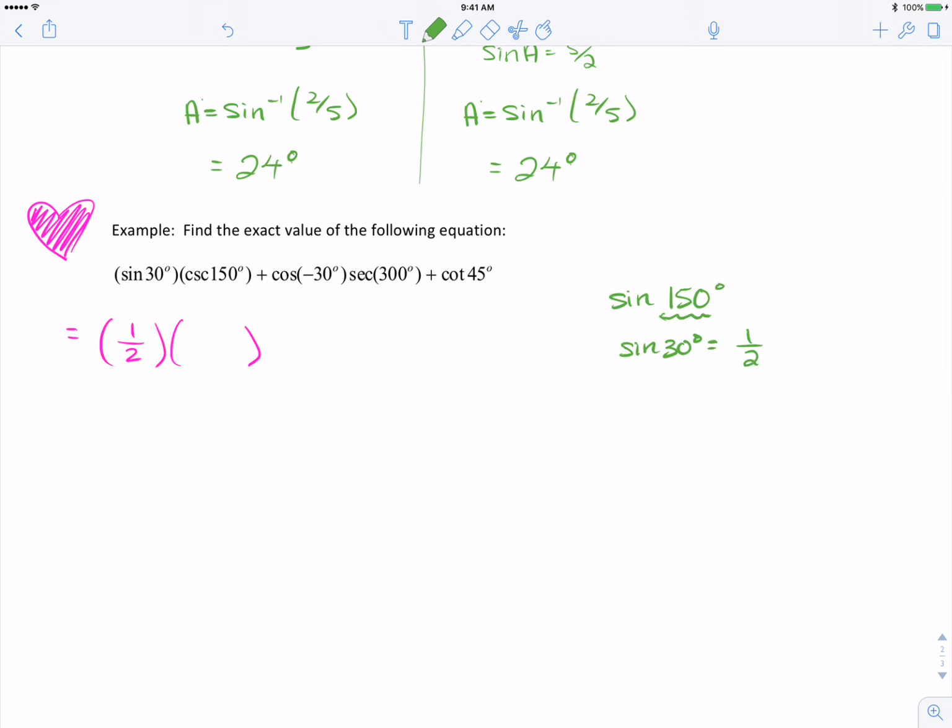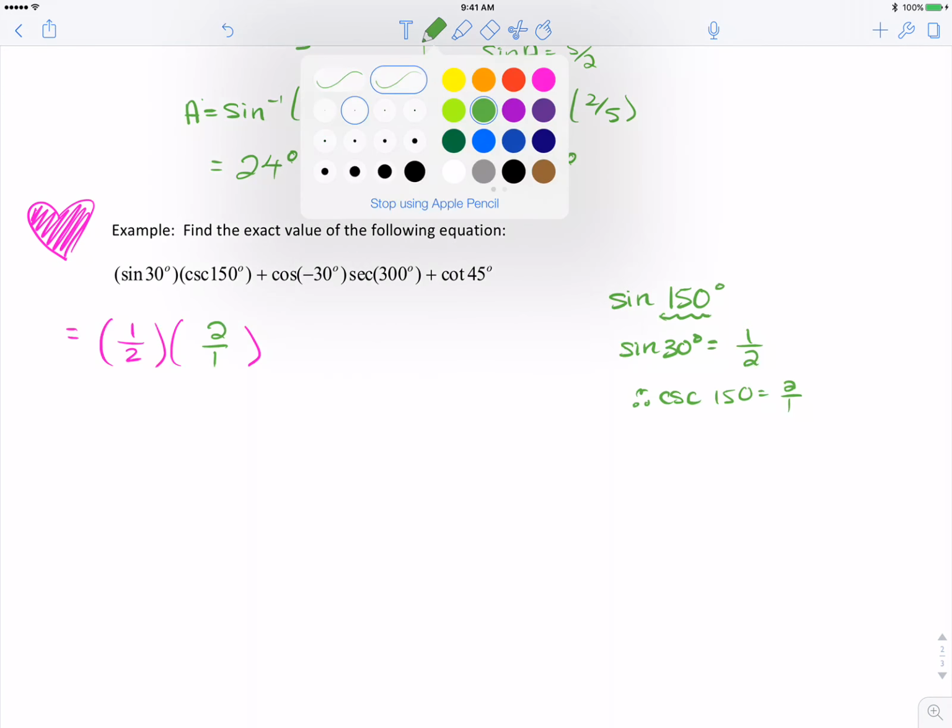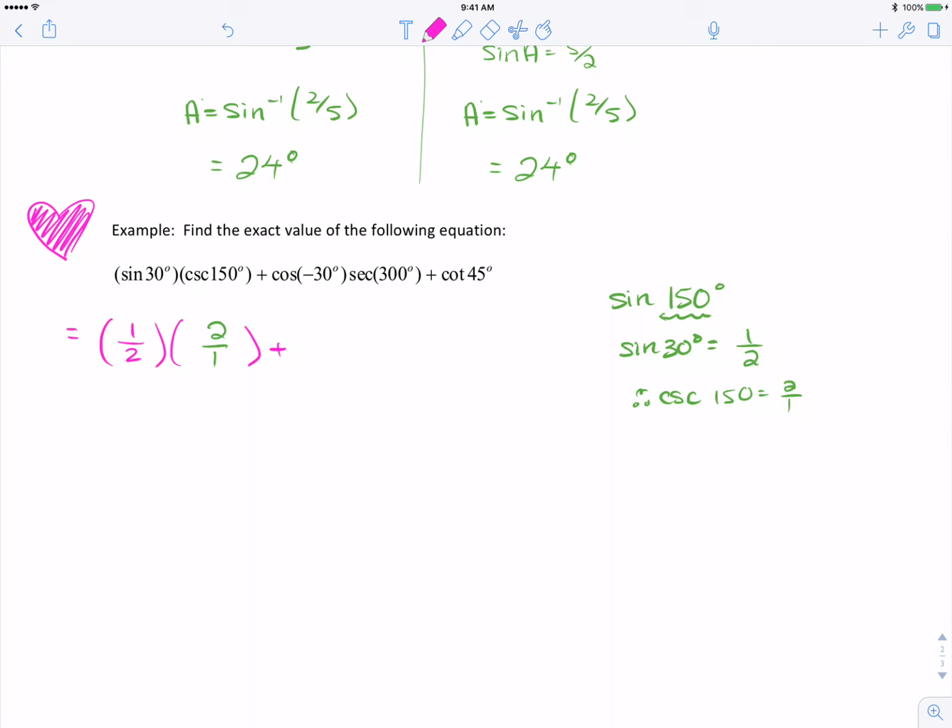So if the sine of 30, which remember is my first quadrant version of sine 150, is a half, that makes my cosecant of 150 2 over 1. So we'll just write that in here. Plus the cosine of negative 30. Remember, cosine of 30 will be root 3 over 2